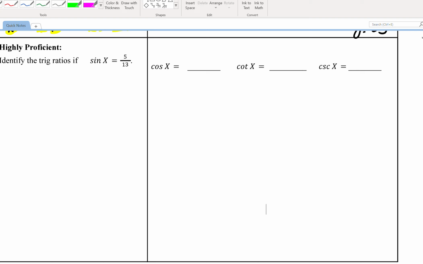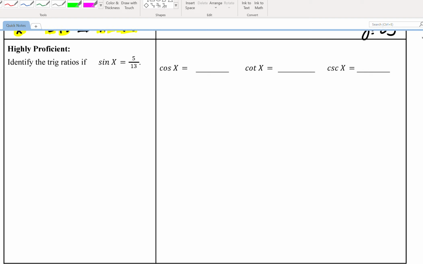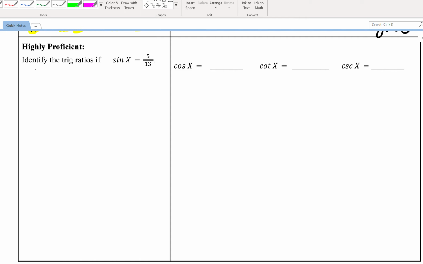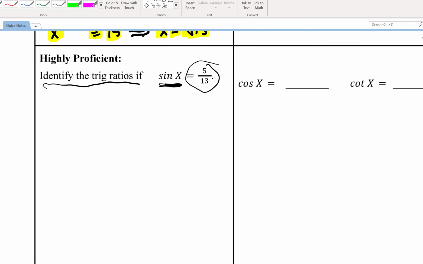Welcome. This video is about using trig ratios, and this is the highly proficient level. It's asking us to identify the trig ratios if the sine of X, capital X here, is equal to 5 over 13. And so I'm going to say we don't have a triangle, we don't have anything drawn, so